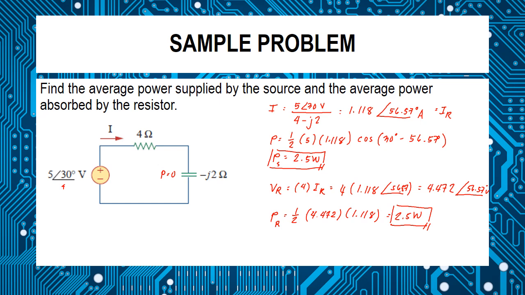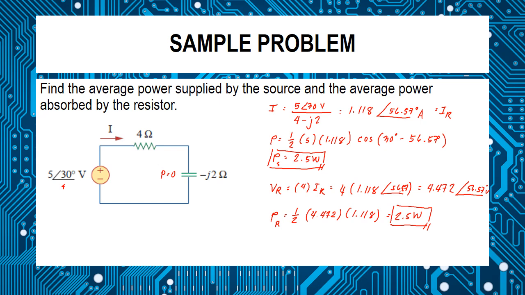So for the voltage drop, we have 4 times IR, or 4 times 1.118 angle 56.57. So this is equal to 4.472 angle 56.57 volts. So for the average power absorbed by the resistor, we have 1/2 times voltage is